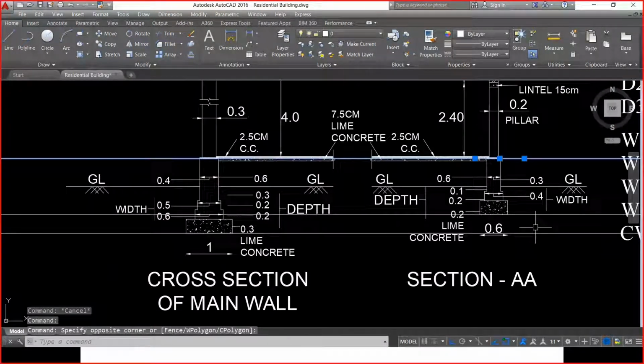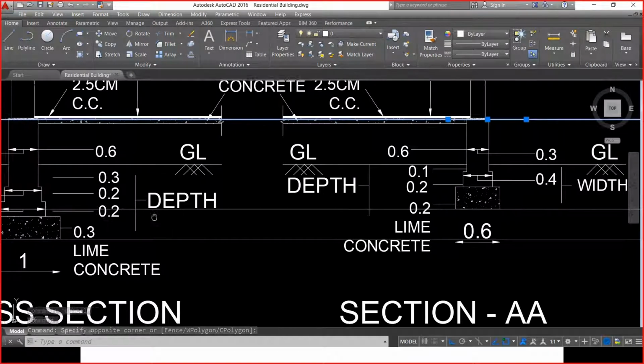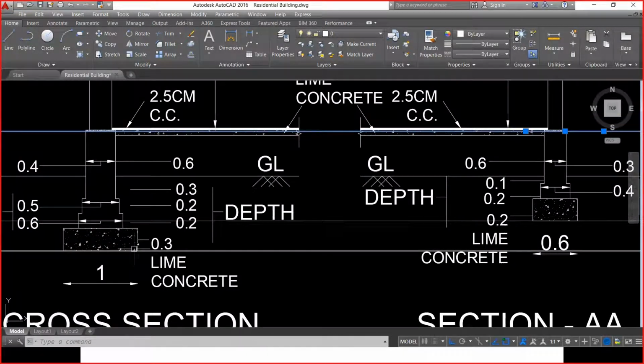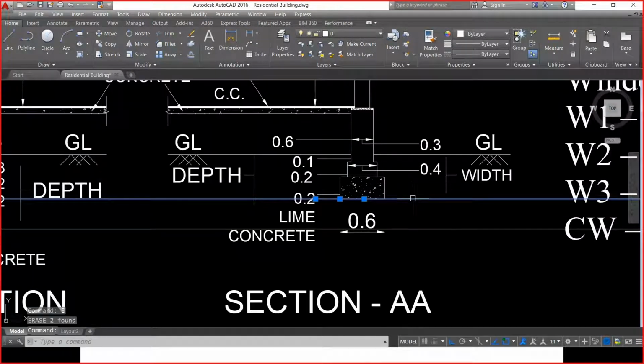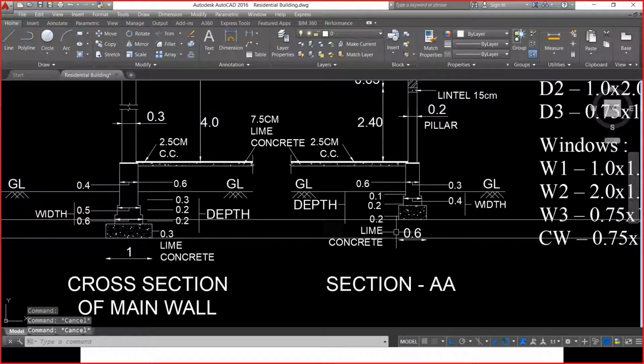But when we consider the bottom of the foundation for the main wall, it is at this level, but the foundation for partition wall is at this level. There is level difference. Yes, there is level difference. Now, how to do the calculations when we have the level difference? It is not always that